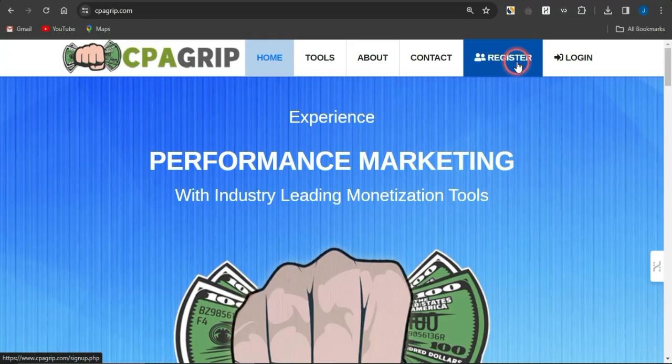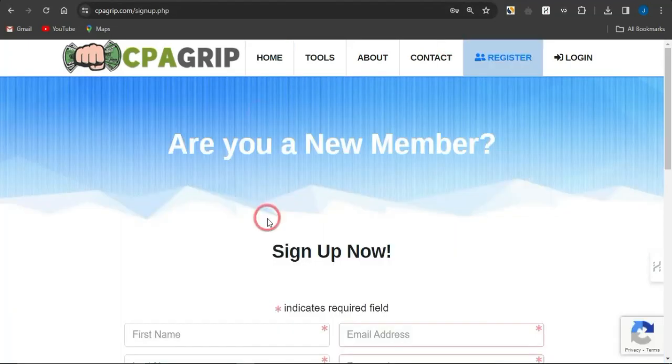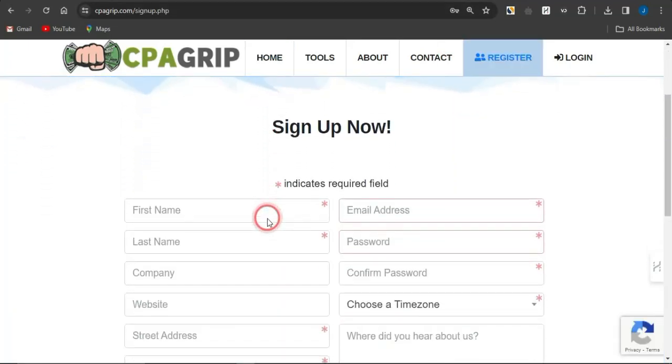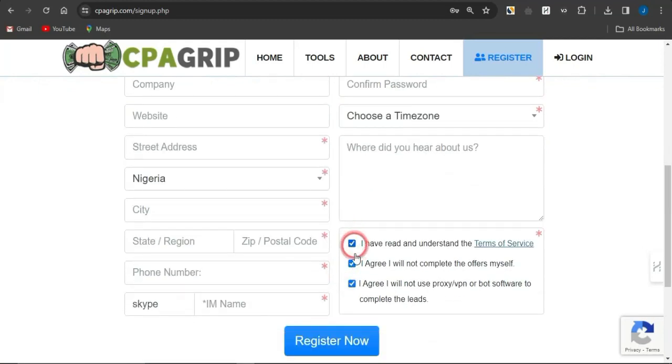I'm just going to click on register right now. I'm going to be brought to a page similar to this. Fill out all details on the fields having those red asterisk signs right there. That's if you don't actually have an account on the platform. So once you do that right there, agree to the terms of service and register for an account before logging